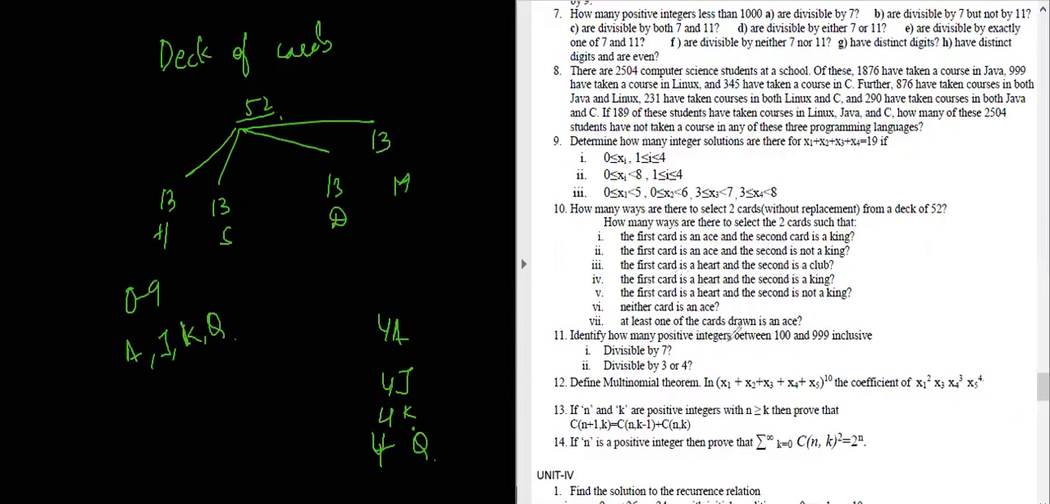Apart from that, we have identified how many positive integers between 100 and 999. So earlier in the earlier problems we did from 1 to 100. So here we have to exclude the first 100 numbers and do the problem from 100 to 999. Then the next is multinomial theorem. This you can do directly. I have given a formula. And the last two problems are theorems or proofs, which will be given in notes and which has already been studied in the earlier classes. So this concludes here unit